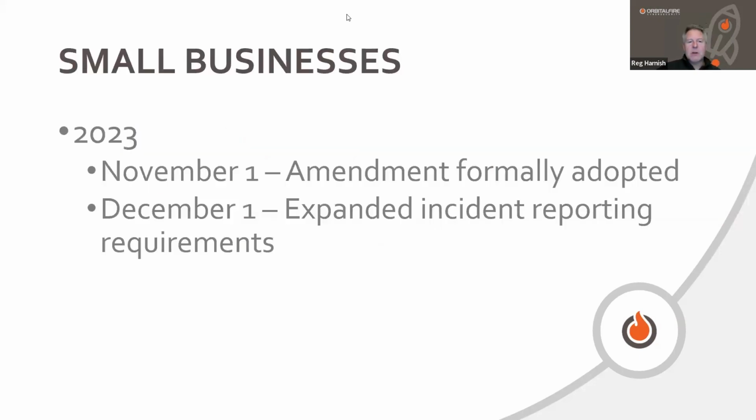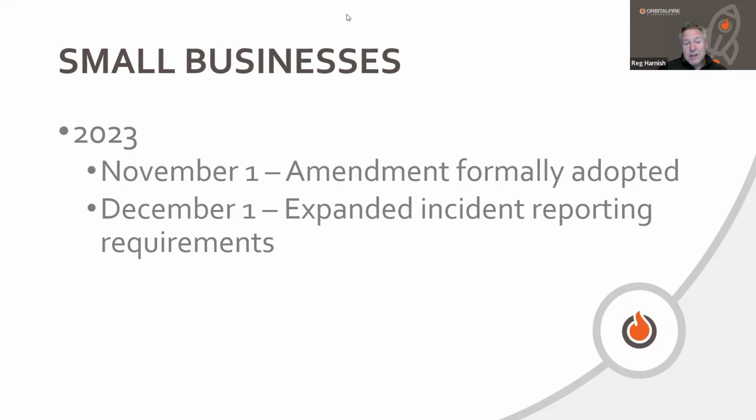Let's start with small businesses. So this is those of you who qualify for that 19A exemption, the limited exemption. So you have less than 20 employees, less than 7.5 million in revenue, or you have less than, I think it's 20 million in assets under management. So this is for you. We're going to come back to covered entities, which is probably the majority of our customers. First,